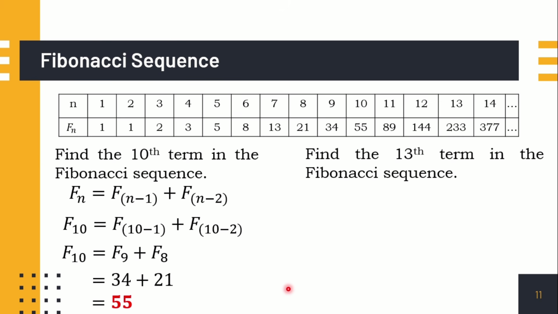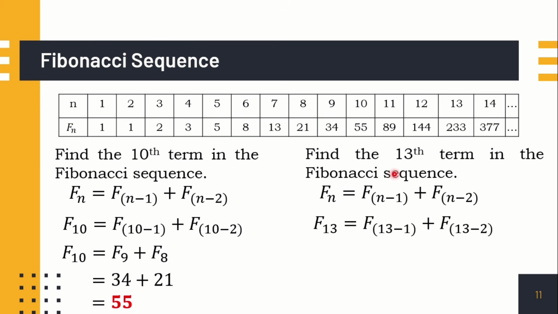Another, find the 13th term in the Fibonacci sequence. So we have, okay, using the formula, papalitan natin yung n natin ng 13. So 13 minus 1, that is 12 plus, so dito 11. So ano yung value ng 12 natin? That is 144. And then yung 11 naman natin is 89. That is 233. Now, question, sir, every time nasasagot ba ako ng Fibonacci sequence, gagawa ako nitong table na to